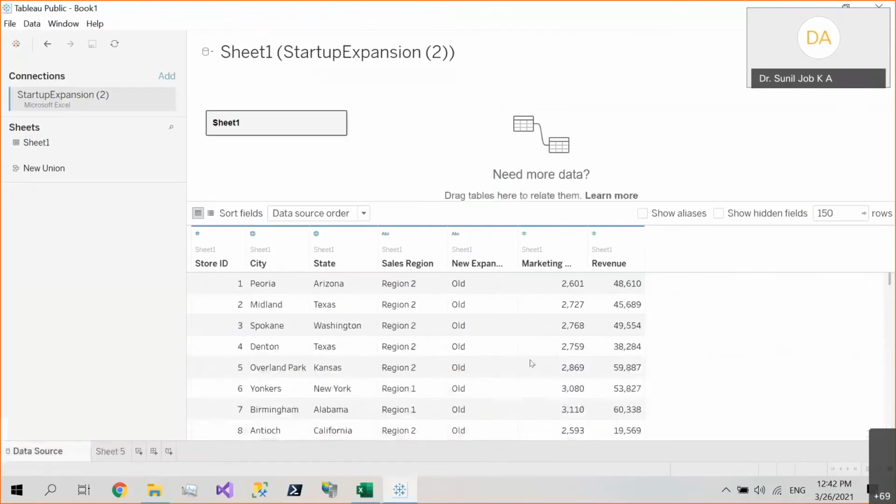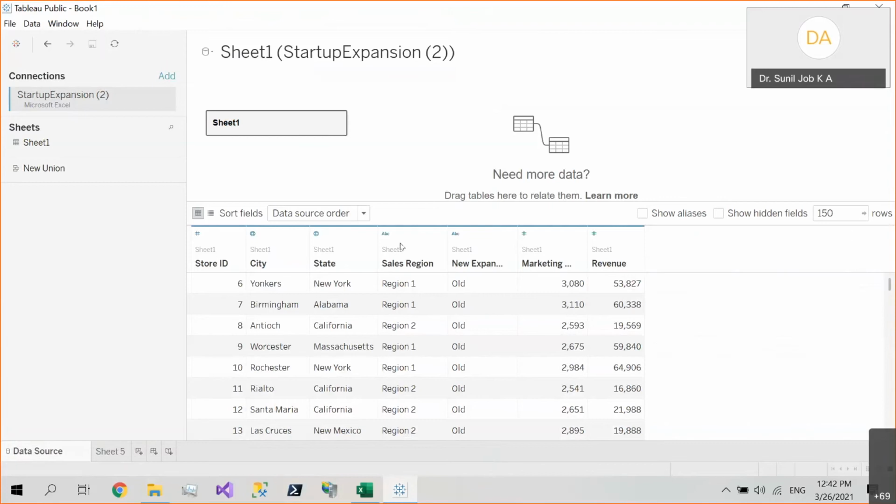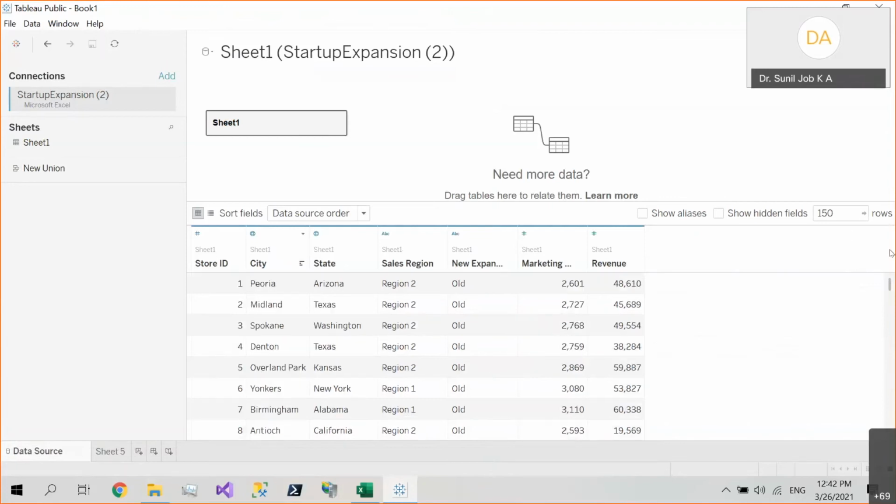This data set has about 150 rows, and it speaks about a supermarket chain which has been operating in different locations, with both old stores and new expansions. There are 150 stores of this supermarket chain functioning in different locations of the